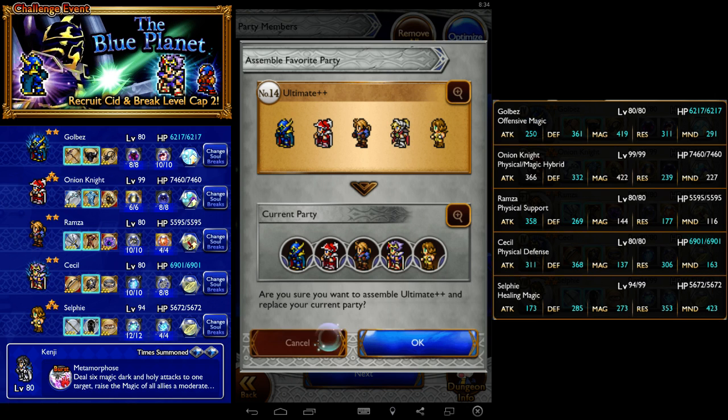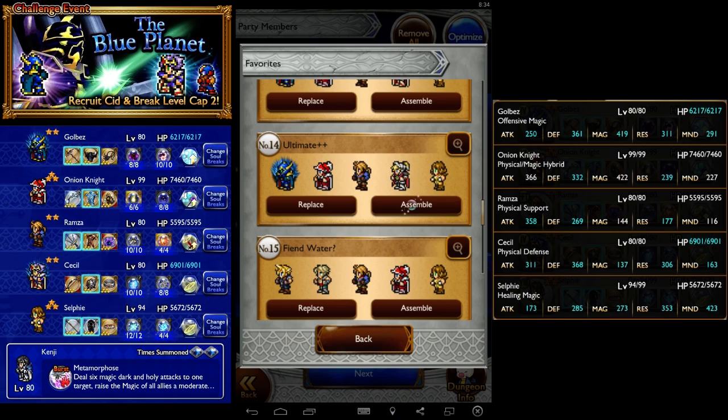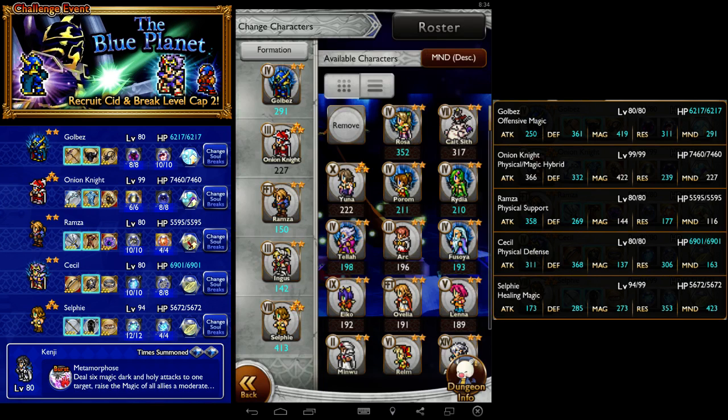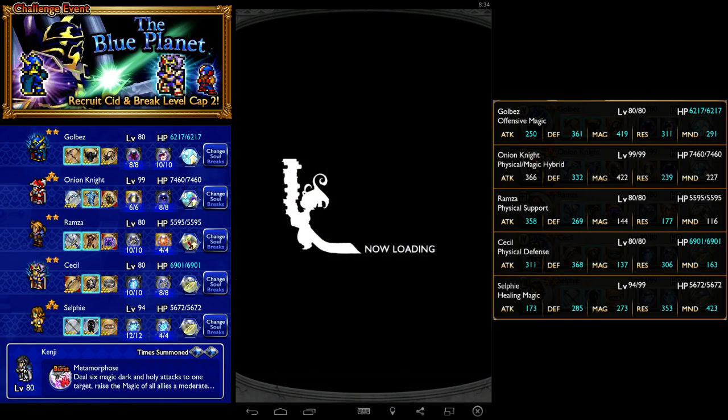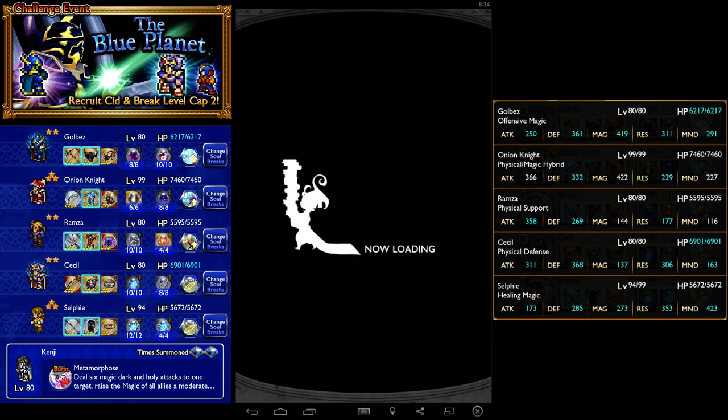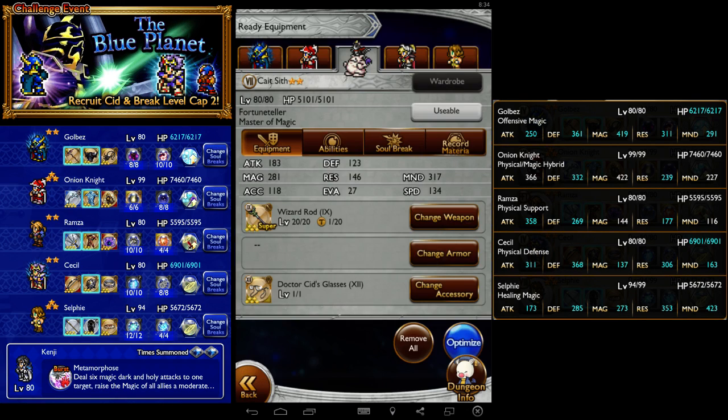Am I assembling? I forget what button I clicked. Assemble. Okay. So, this party may look familiar. You're right. It's very familiar. Except I am actually going to swap out Ramza. We don't really need that extra damage. I'll keep him equipped the way he is, just in case. But,